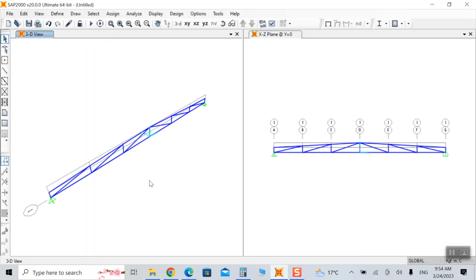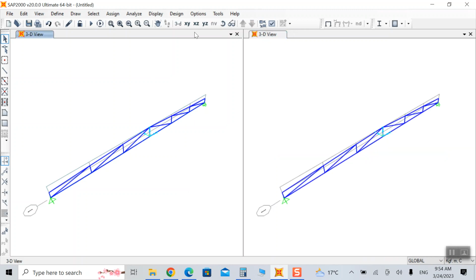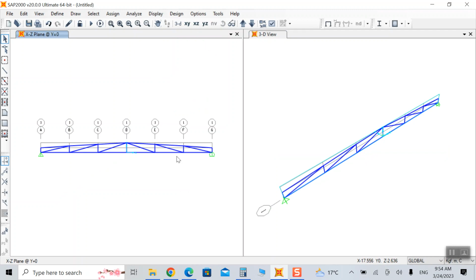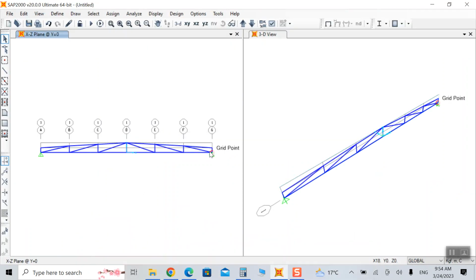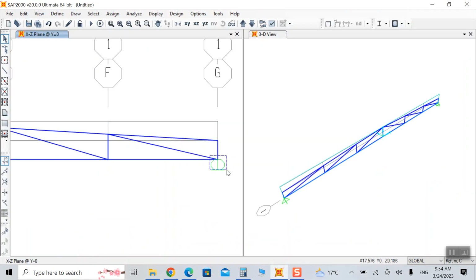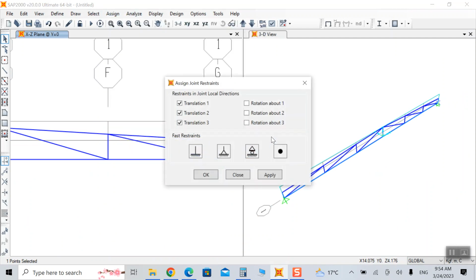Okay, so now we have this first. Then if you see our type of support, we have two hinges. So here we can also change this part to a hinge support. How can we change it? Come to joint restraint, and in here, this. Okay,